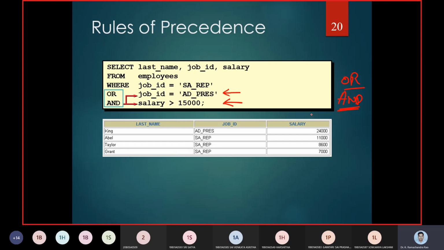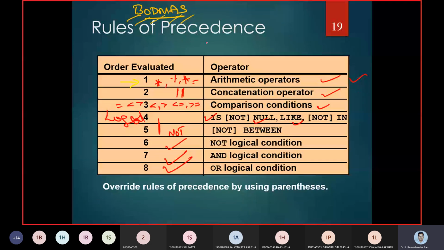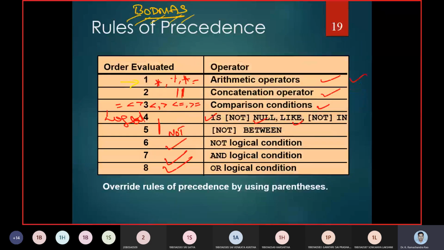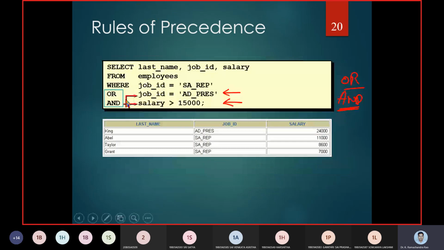As per the previous slide, rules of precedence, when there is a choice between OR and AND, first we need to execute the AND operation, followed by the OR operation. So now you are going to see here job ID equals some precedent, and job ID and salary greater than 15,000.